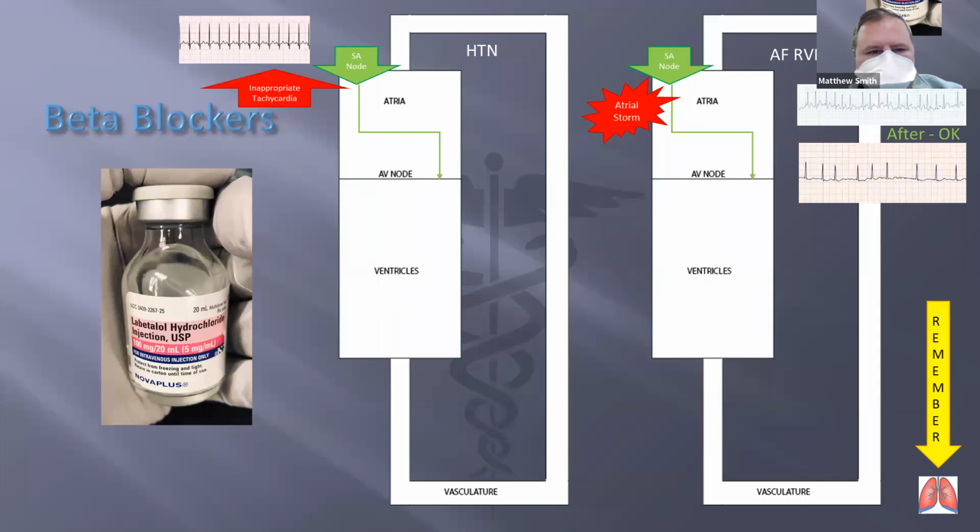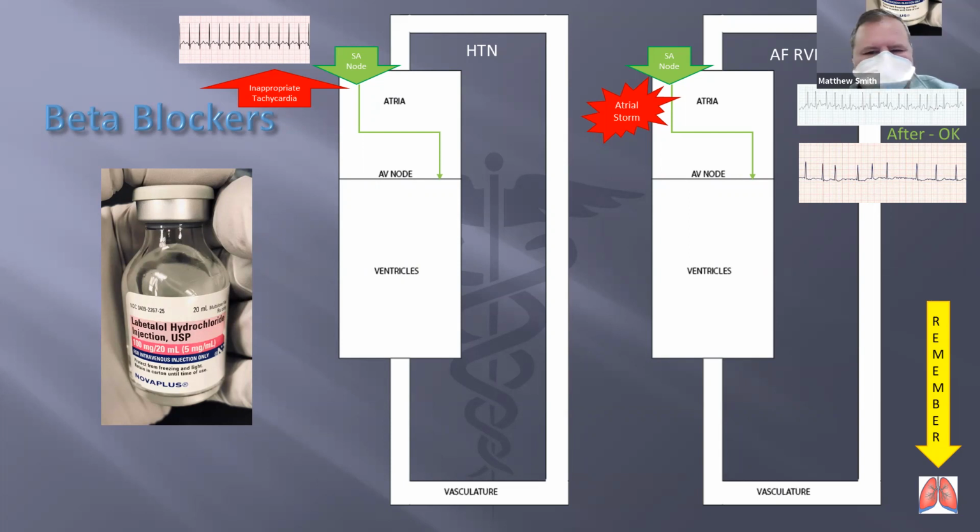So for inappropriate tachycardia, an example of this would be a patient who is having a stroke and their blood pressure is higher than we would like it to be. We can use beta blockers to lower the firing rate of the SA node and therefore lower the blood pressure. This is why beta blockers can be used just as a maintenance medication for people with high blood pressure. It just keeps the heart rate under control. By the way, beta blockers can actually also be used for conditions like anxiety. If people get very anxious and their heart starts to race, beta blockers can control that anxiety and prevent their